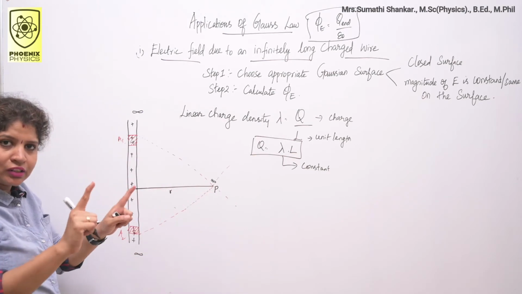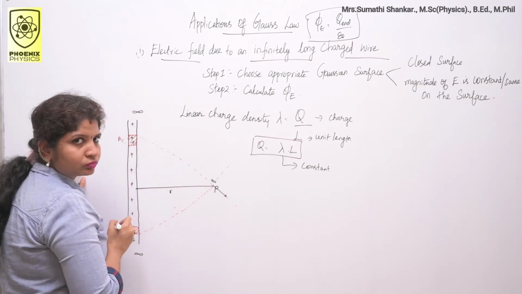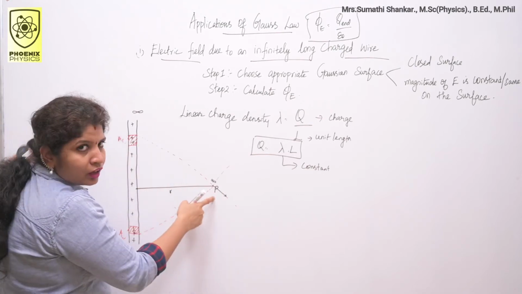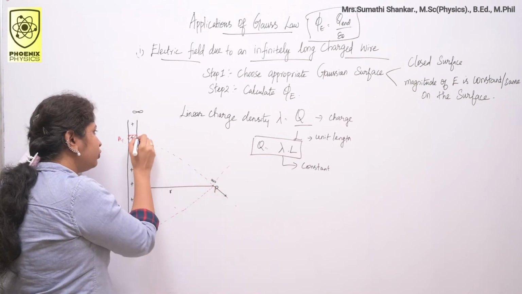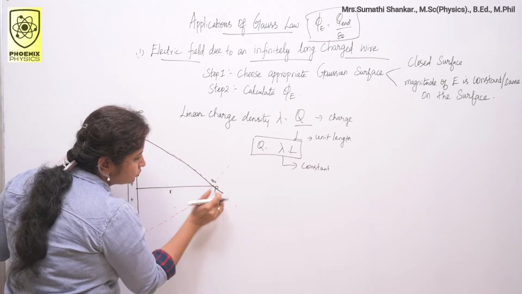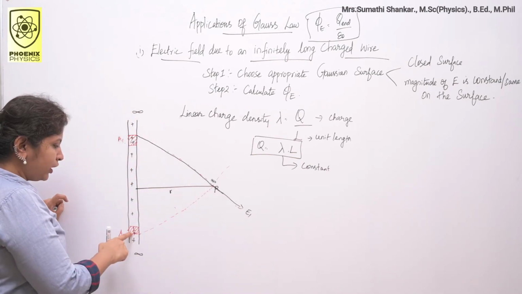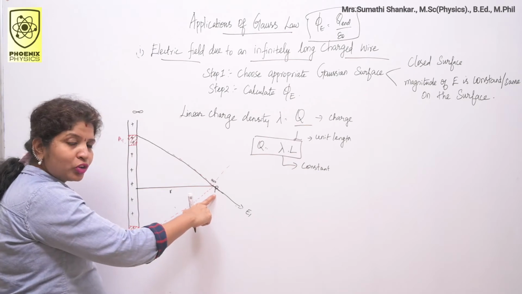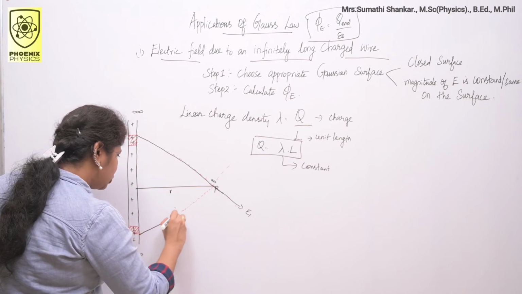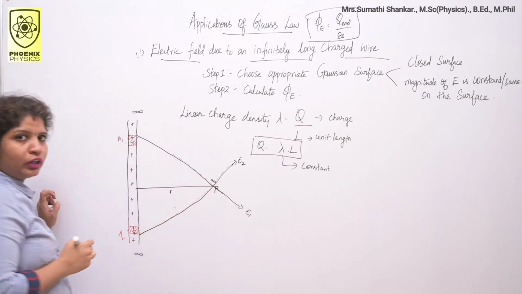This is also positive, this is also positive. You know that like charges repel each other. So, repulsive force acts in this direction. Then how do you draw the electric field line? Electric field line acts along the line joining the 2 points, like this. This is my E1 line. Same way here also I have positive charge. Here also I have positive test charge. So like charges repel each other. So the electric field line is drawn along the line joining the 2 points. This is my E2 line.